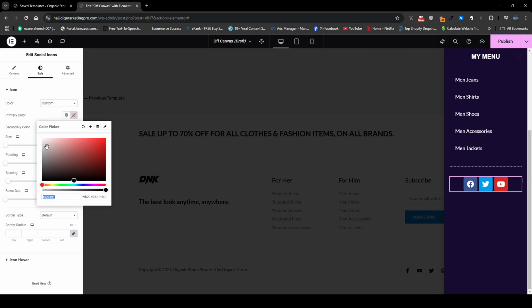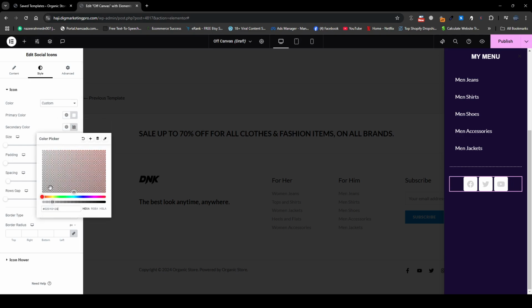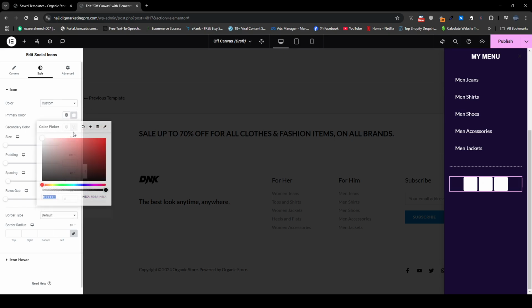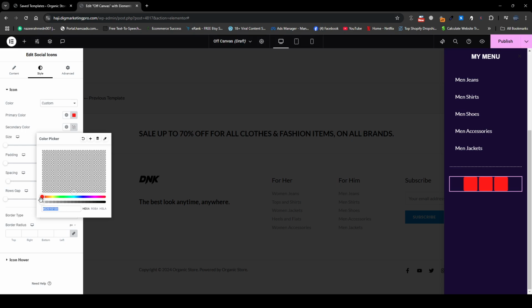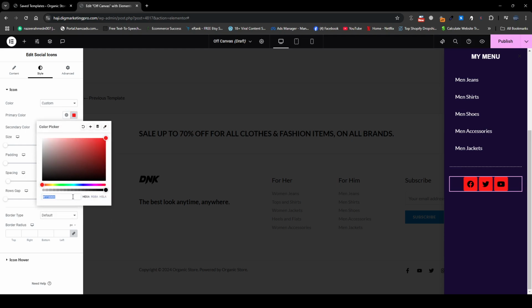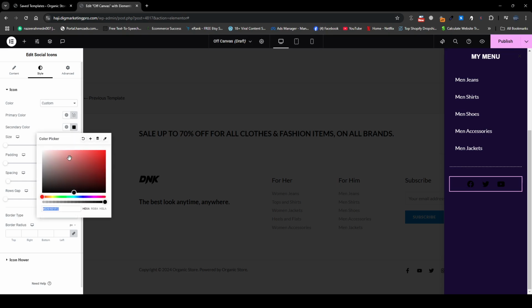The primary color I will make white, and the secondary color, sorry for that, let me make it like this. Let me make the primary color transparent and the secondary color white. So here you can see it's looking quite good.